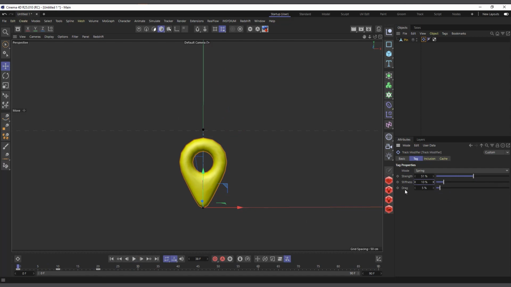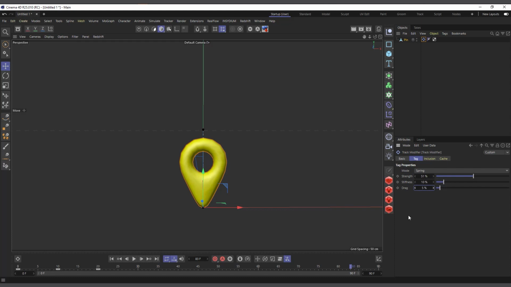Again, we have the drag in here, and the drag also gives it some sort of friction, makes it look as if it's moving through some force which is repelling or pushing it back or something of that sort. So if I increase the drag and now hit play, see the way it settles. Now it looks as if it's moving through some force or some friction. So that's basically what those two options do with the spring, and it's very simple and self-explanatory.